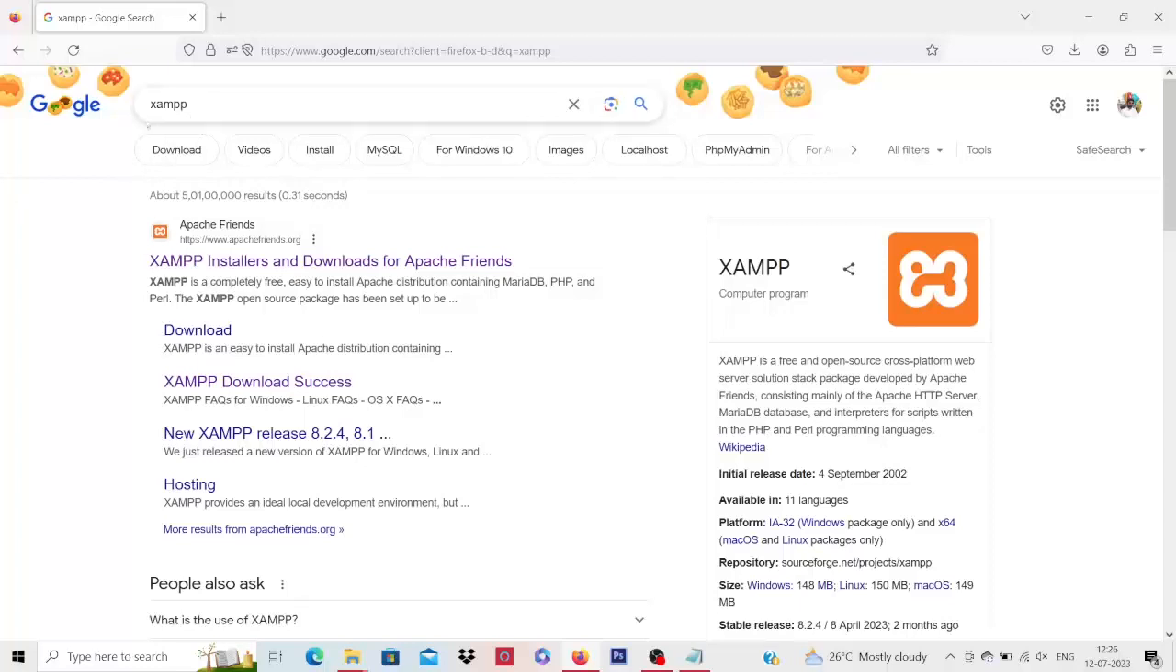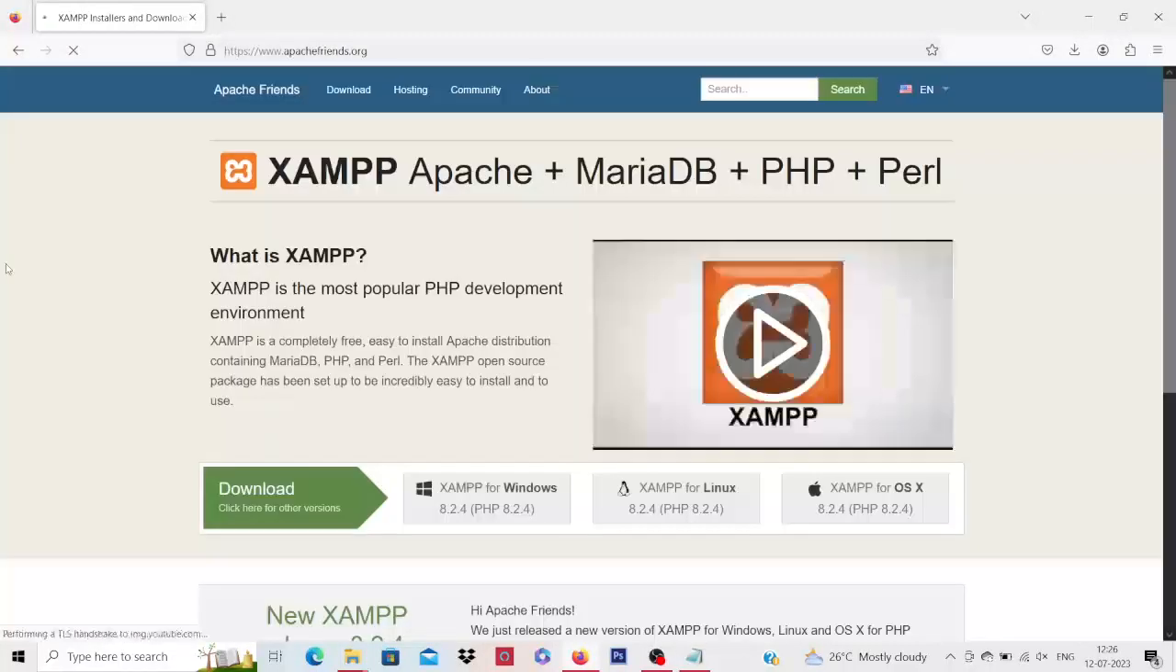This is the XAMPP. Okay, you have to click on this and you have to click on this. This is the section. If you have a Linux laptop, you can click on this. But as I am using a Microsoft Windows laptop, I have already downloaded it. So after configuring,